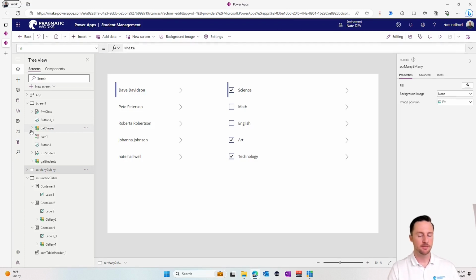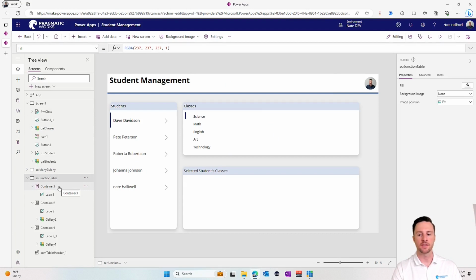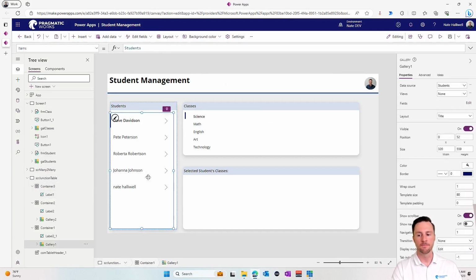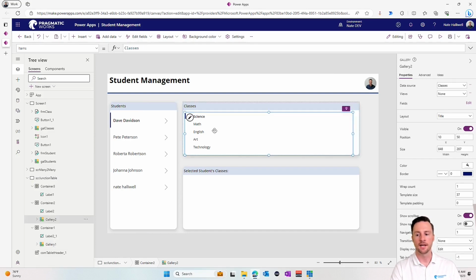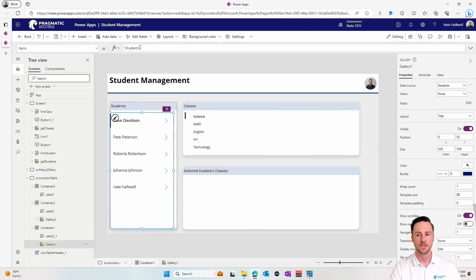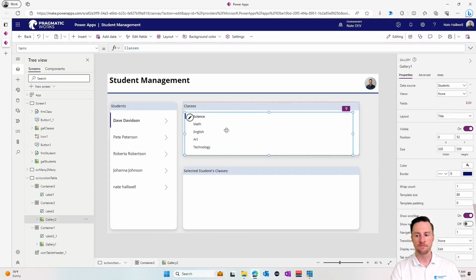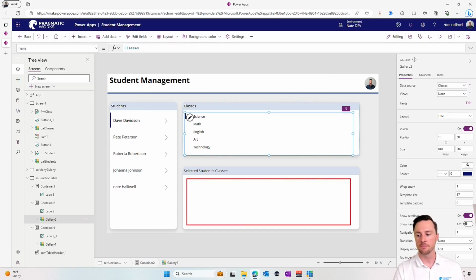So I'm going to switch back to my Canvas app here, and I've already got a screen kind of stubbed out for this. Here we have a gallery of all of our students, and over on the right, we've got a gallery of all of our classes. As you can see, these are just unfiltered versions of those tables. So we've got all the students, all of the classes. And now down in this area right here, this is where we want to put in our new joiner table